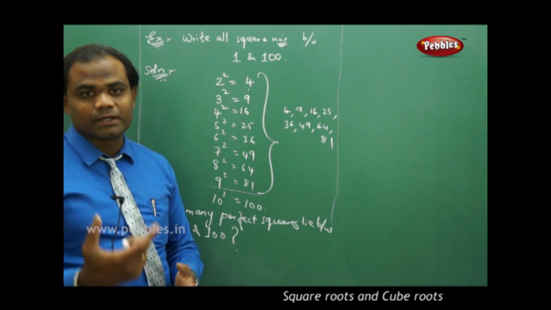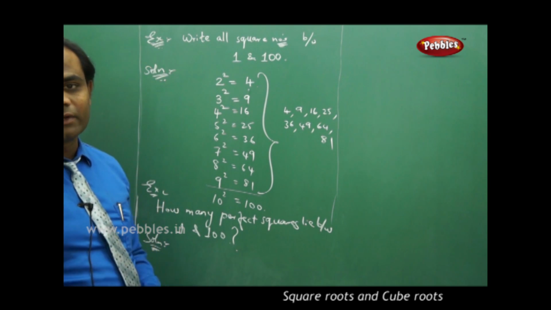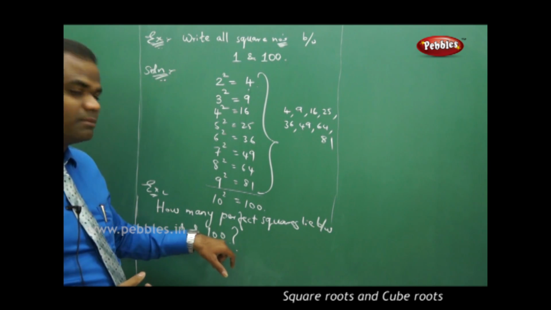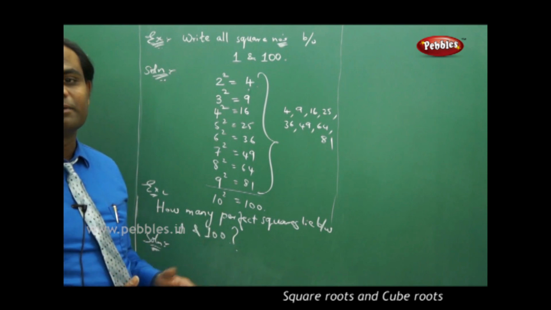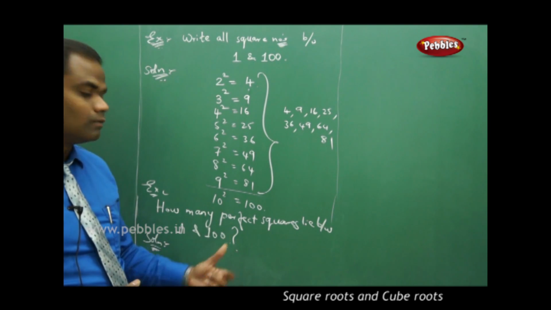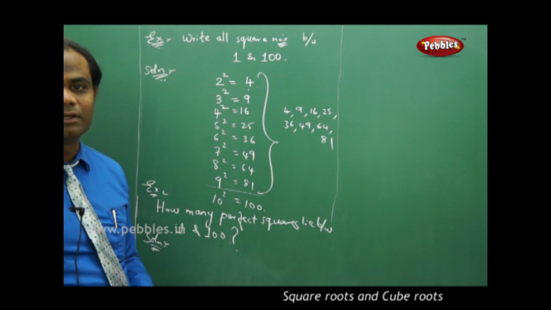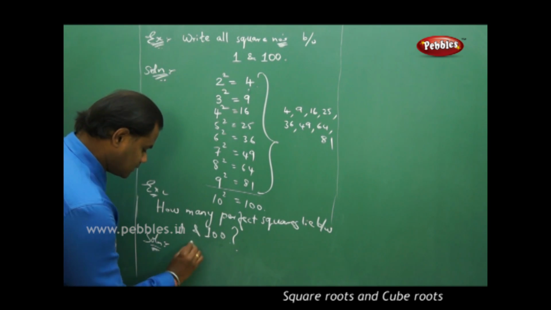So the square of any rational number would give me another rational number lying between them. So it is very difficult to identify the rational numbers which can be squared between this. So the answer for this would be infinitely many perfect squares lie between 1 and 100. The reason being that infinitely many rational numbers lie between 1 and 100. So the answer is